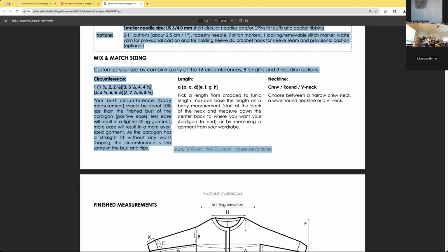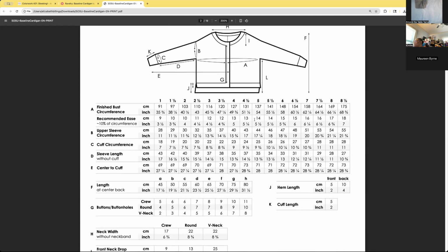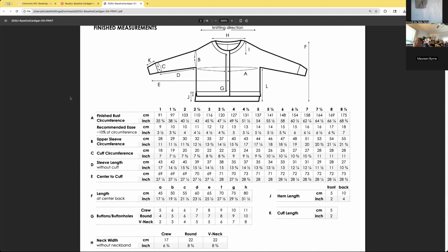Okay, so it's just that little piece of information. She gives you in this row the finished measurement in centimeters or inches, and then talks about the recommended ease, what you would subtract to get your actual bust measurement. So that's where we're going to start. To get your actual bust measurement,